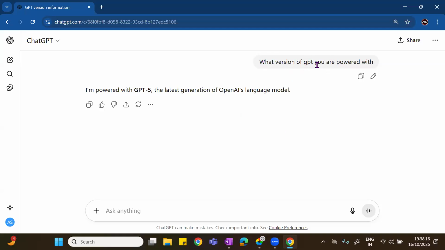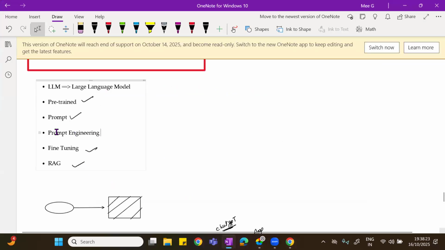The skill of writing this prompt in detail, we call prompt engineering. Clear?